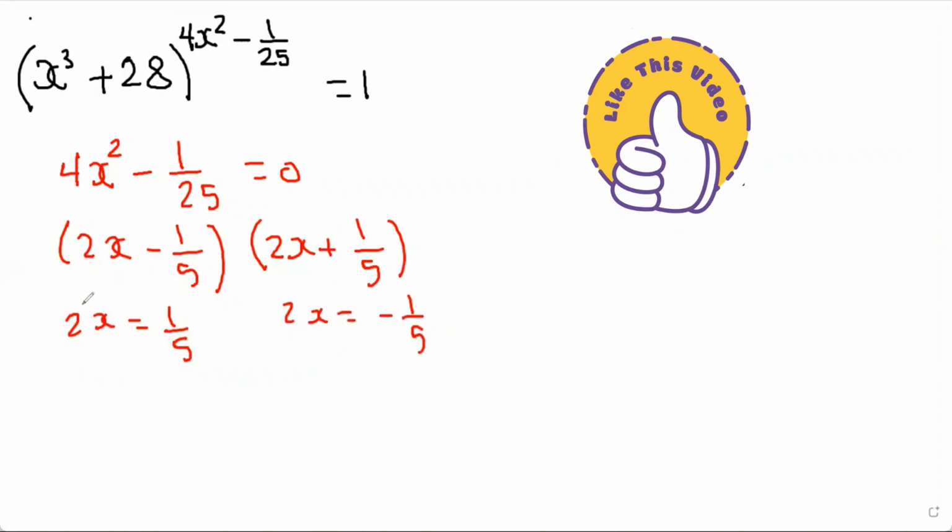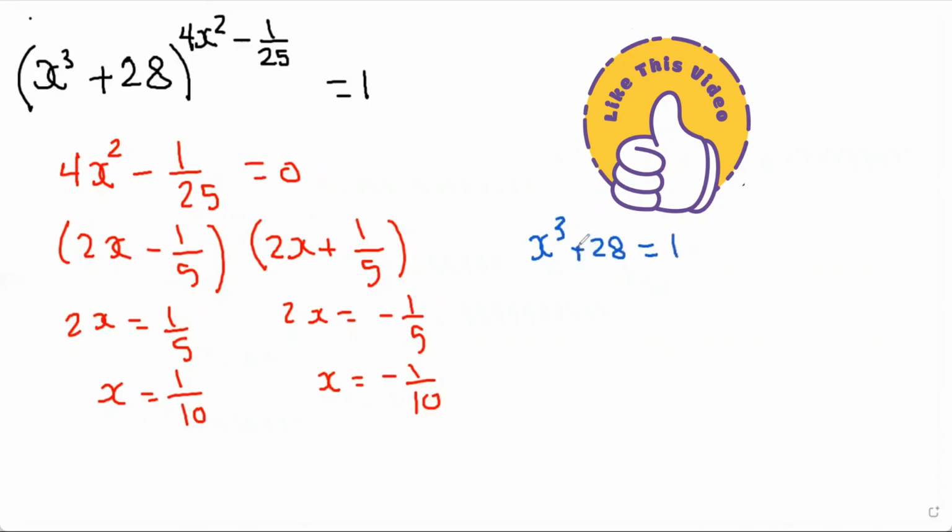Now we're just going to cross multiply the 2 into the 5, and we're going to get x equals 1/10, and do the same thing, and we get x equals negative 1 over 10. So that is two solutions for this expression. And the next thing is that the x cubed plus 28 must equal 1. Why? Because 1 to the power of anything, it doesn't matter what the number is, it's always going to give me 1. So now we go x cubed plus 28